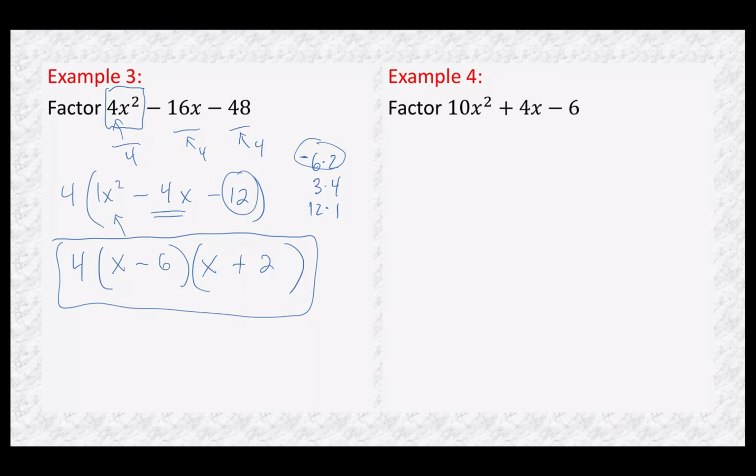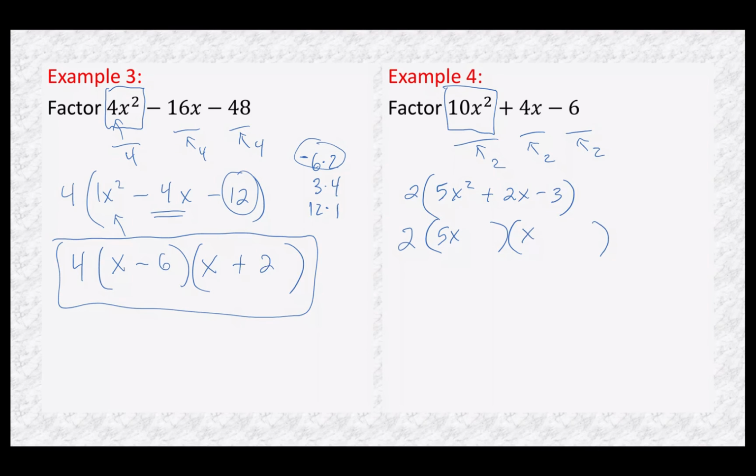In example 4, I look at the leading term, and the leading coefficient is 10. And then I look through the other three terms, and I do see a GCF of 2 that would divide each of those terms. So I'll pull out that 2 and see what gets left behind. I have 5x squared plus 2x minus 3. And that looks really familiar. That looks exactly like example 2. So we would just continue this problem with a binomial times a binomial, set up the 5x times the x,